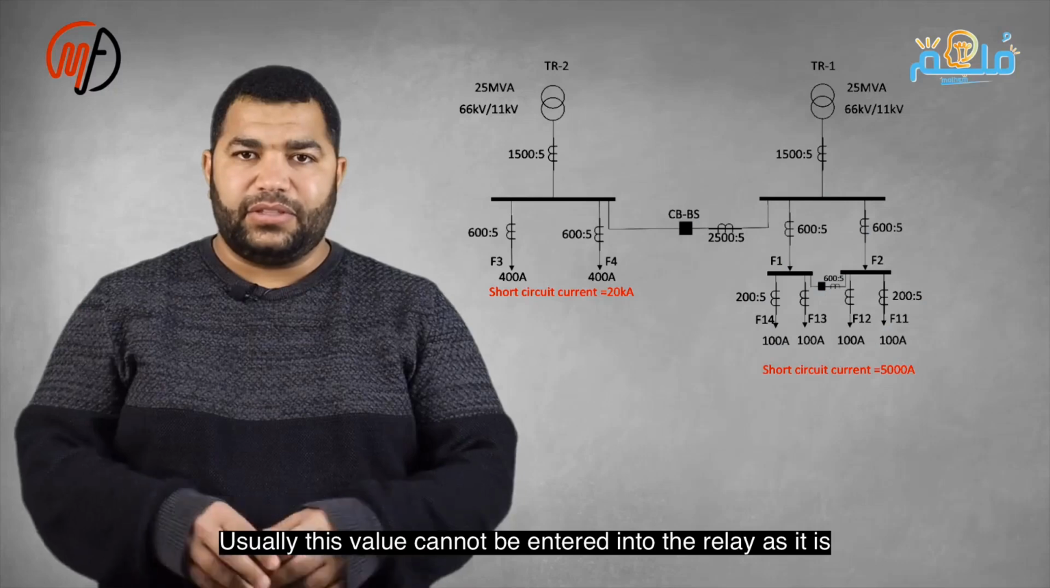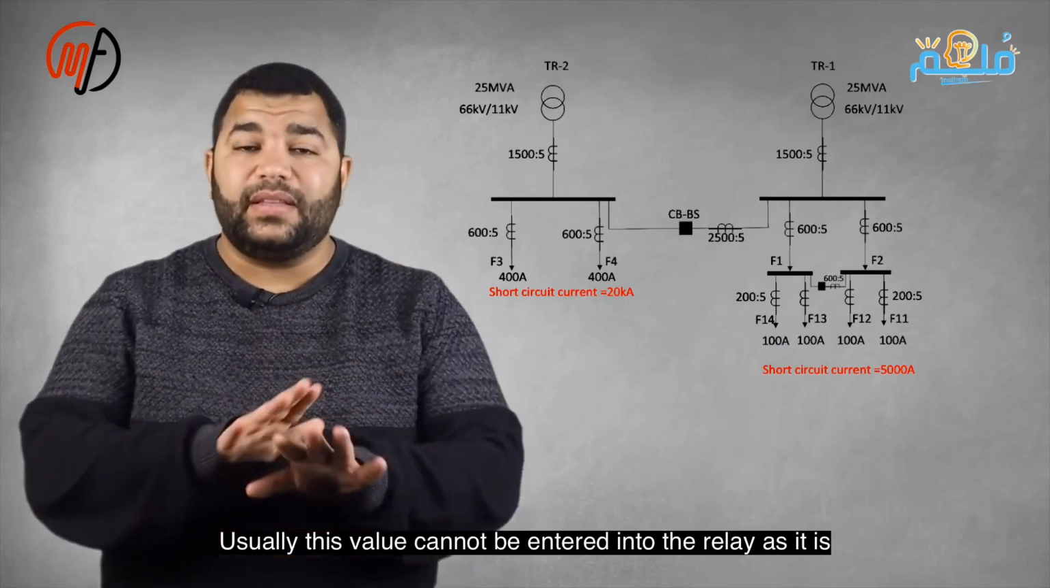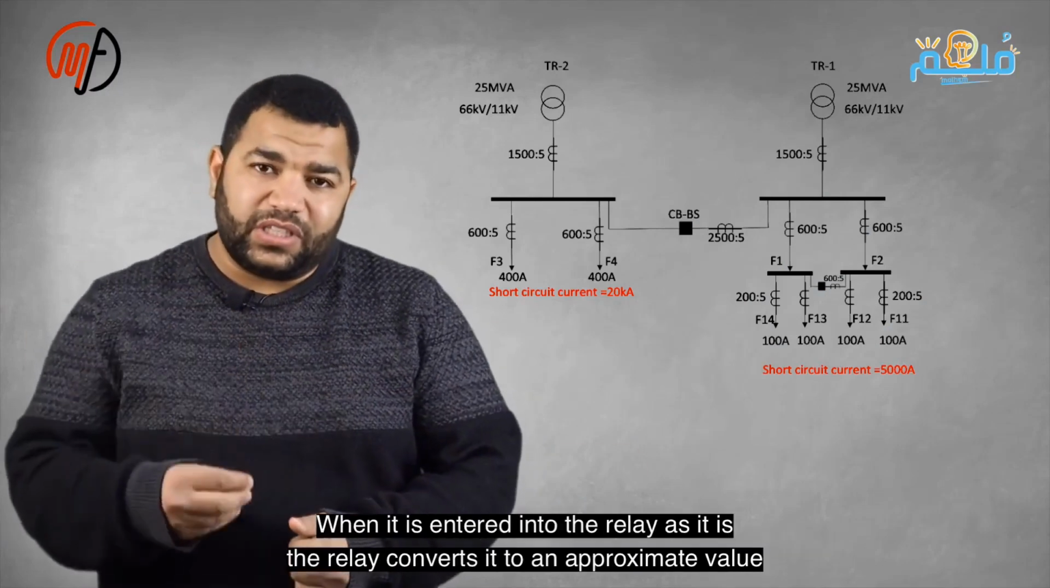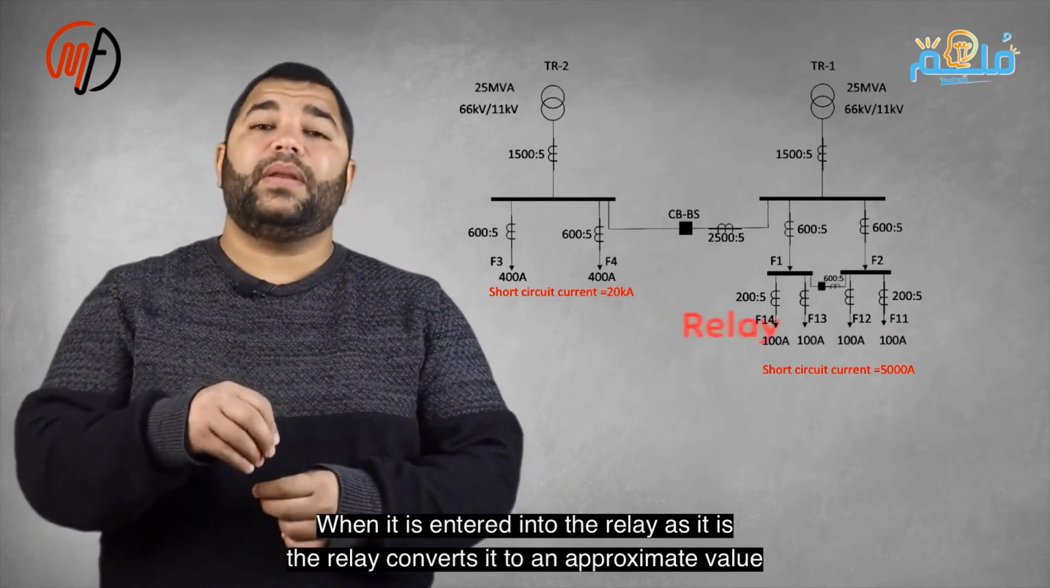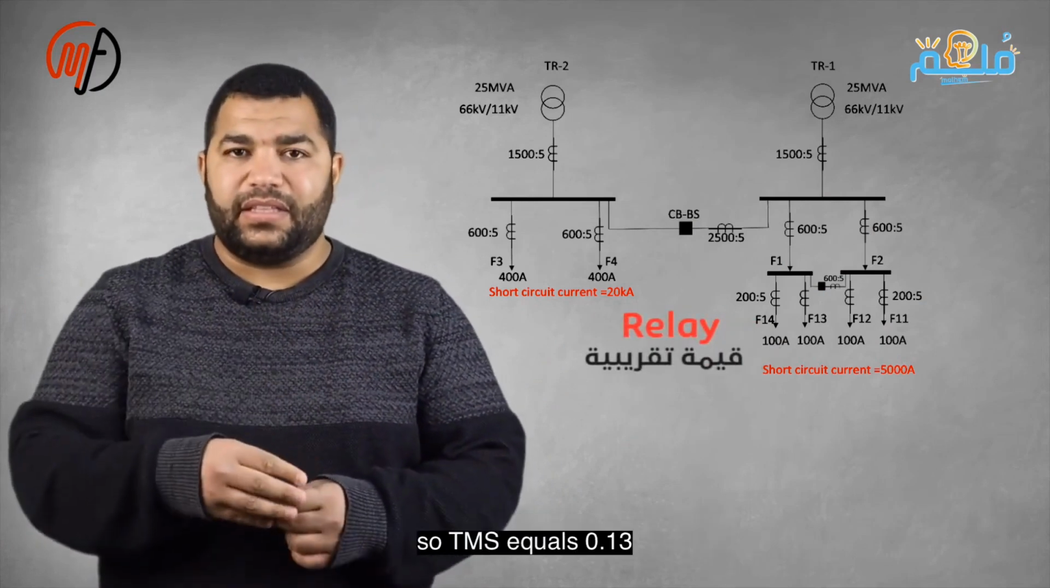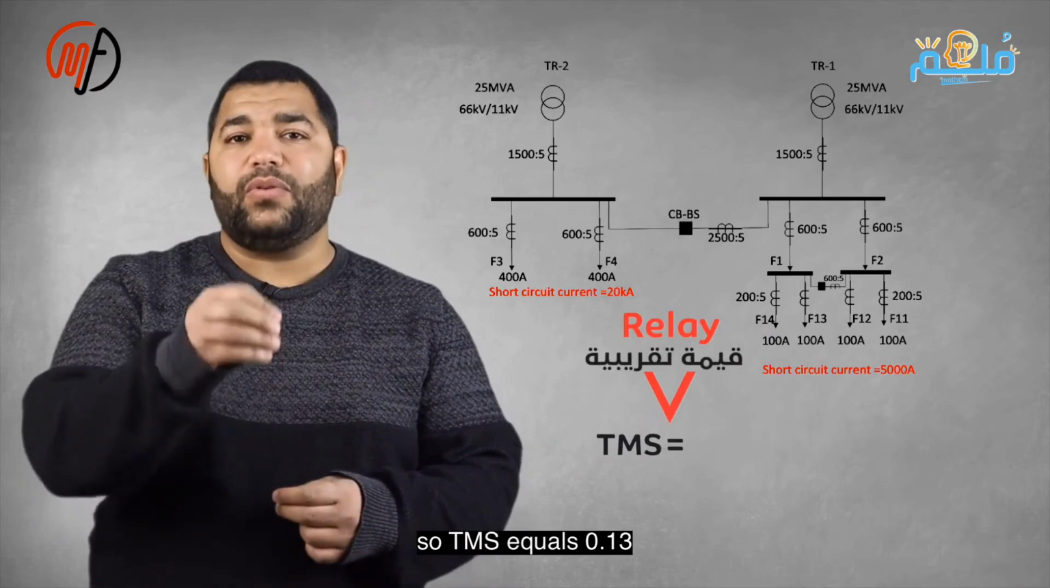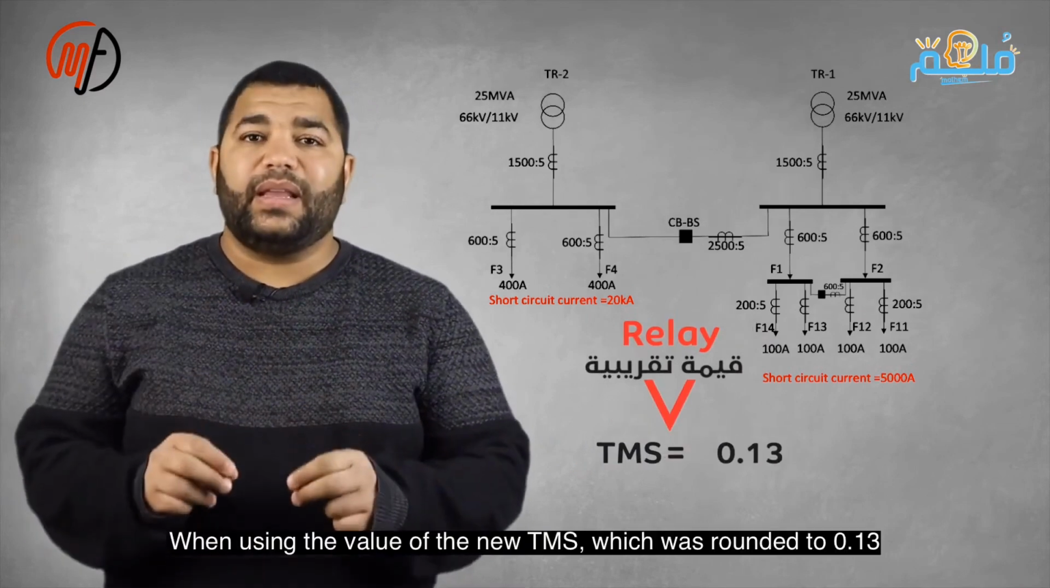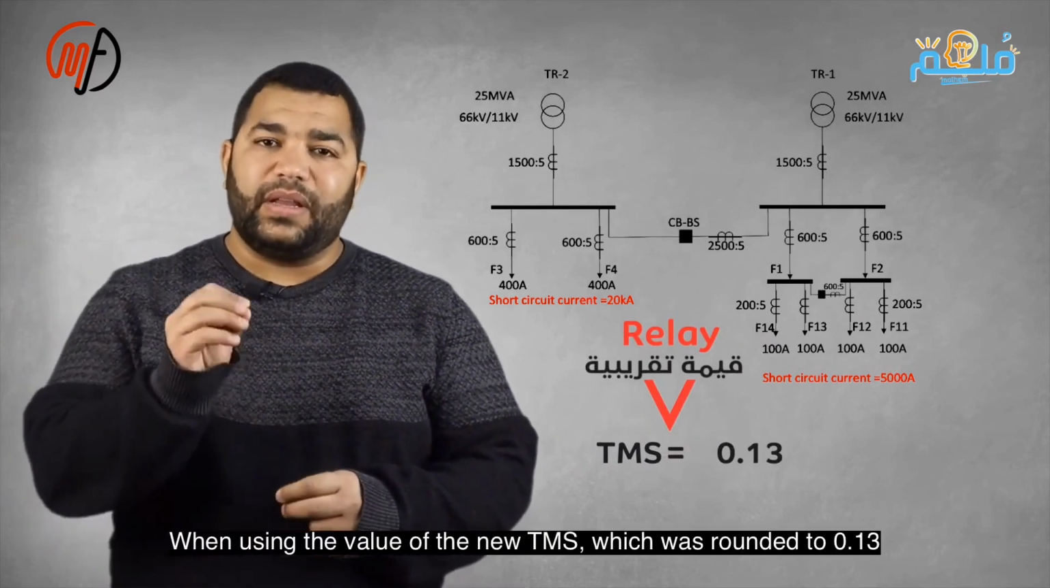And usually this value cannot be entered into the relay as it is. So, when it's entered into the relay, it converts it to an approximation, making TMS equal to 0.13. Using this new TMS, we calculate the time. Using the new TMS and 0.14, the new time will be